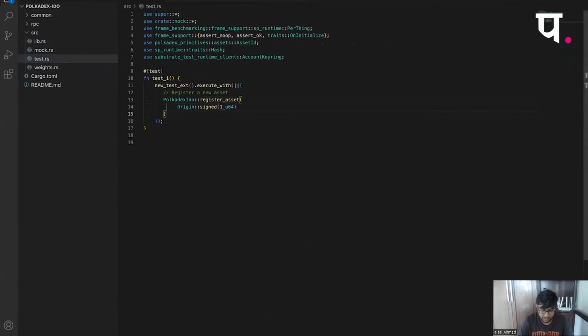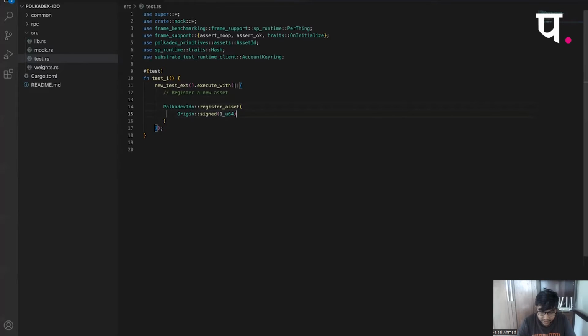What this origin is: like I said, there are three types of transactions. One is signed, unsigned, and another one is inherent. I don't exactly remember what the third kind was, but for each of them there will be an origin. So let's say this is a signed transaction. I will give the origin as signed, and the person who signed it is this U64.